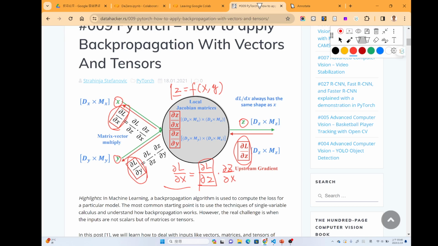From the definition of the matrix derivative, the dimension of partial z over partial x is the dimension of x, d_x, times the dimension of z, d_z. So it could take a form like this.